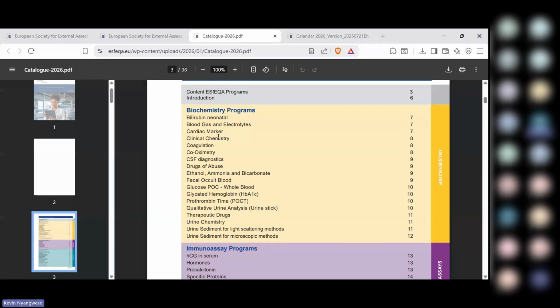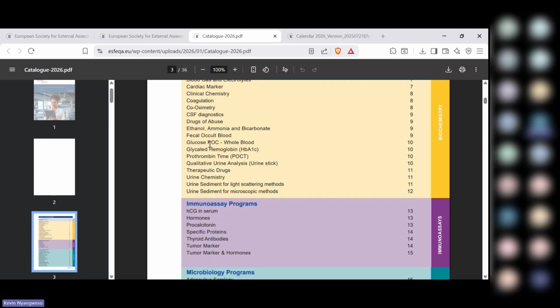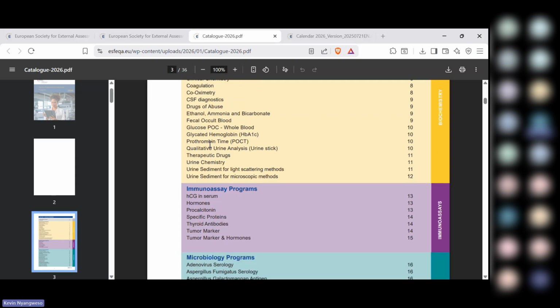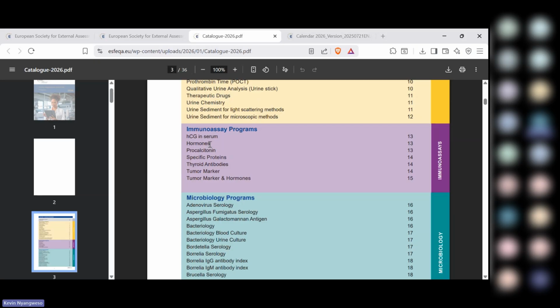If it's routine clinical chemistry, that one you know. If it's coagulation, you're doing coagulation factors, prothrombin time, anti-prothrombin time, INR, all that line, we have samples for that. Co-oximetry, CSF diagnostics, that is CSF protein, CSF glucose, LDH, all that. Drugs of abuse, ethanol, fecal occult blood, glucose for point of care, HbA1c, prothrombin time, and under POCT, all that for biochemistry we have. And then if you're looking at immunoassay programs,